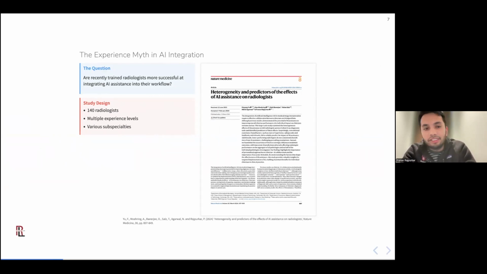So we said, let's test this in a study with 140 radiologists that we eventually published in Nature Medicine. We asked the question, are any of these factors influencing the success of the human-AI collaboration?